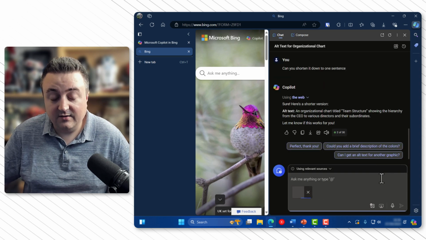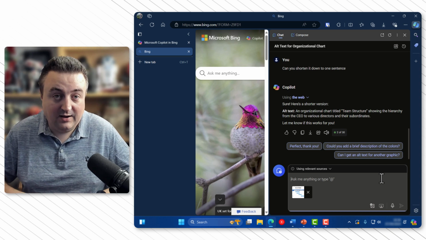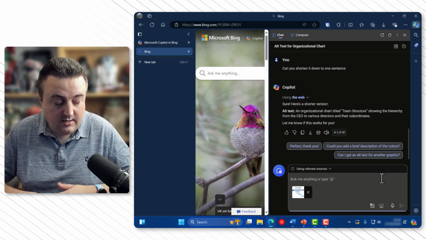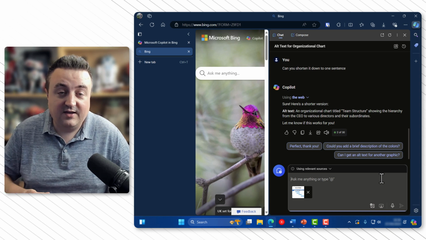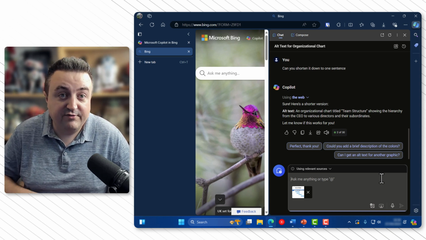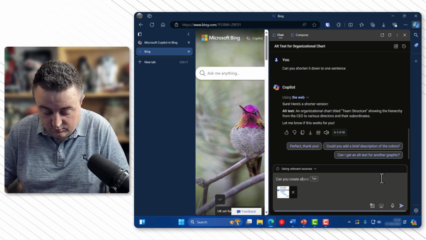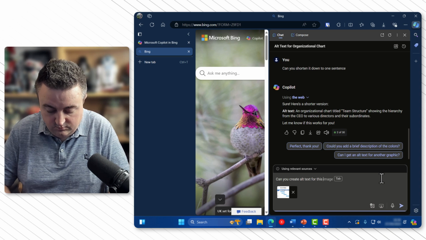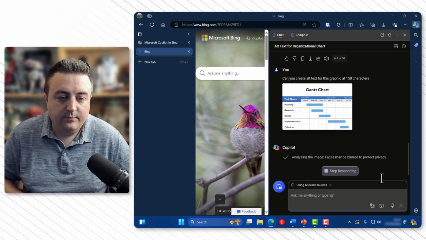So we'll do the same again with our image copied. We will paste it into the chat and I will ask it again. I'm going to ask it, can you generate alternative text for me? This time I'll ask it for 150 characters. And here we go.